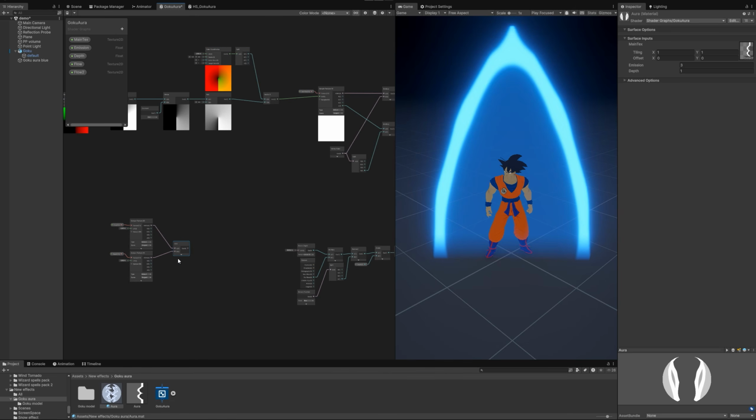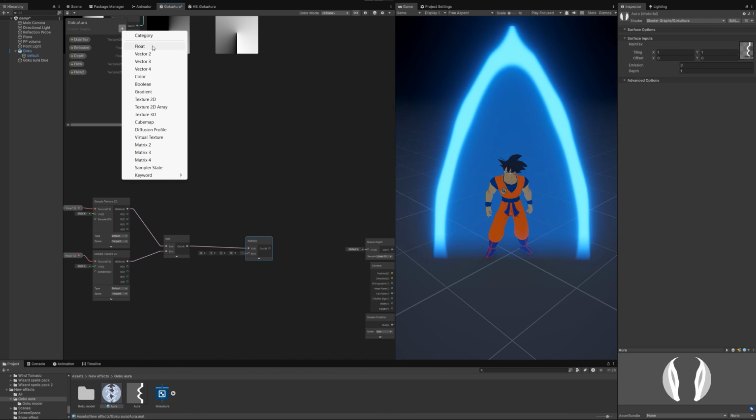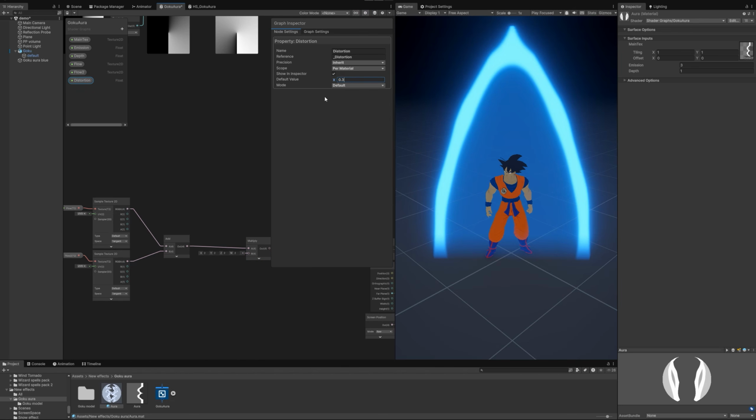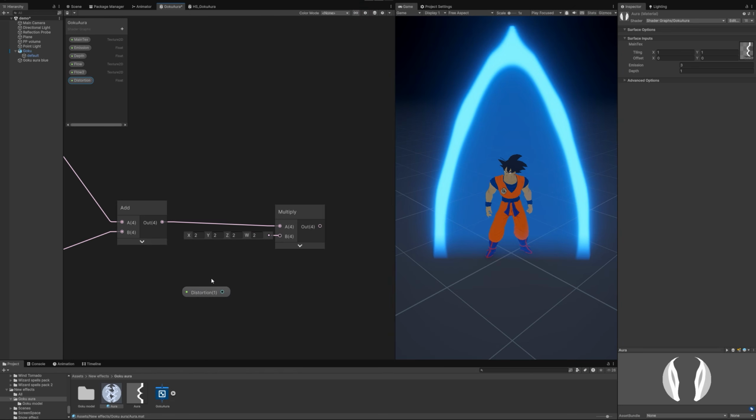After that, multiply it with some distortion value. We need to control it from the material. And this value can be, for example, 0.3. Multiply it with the distortion value,